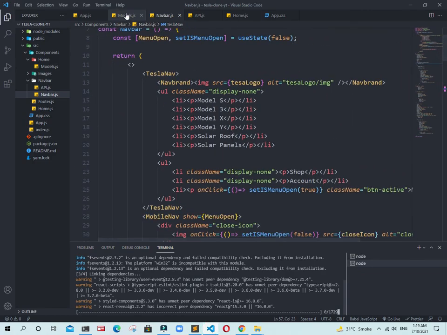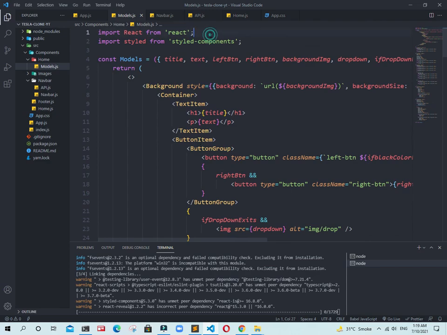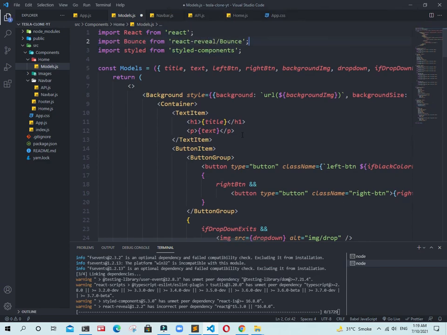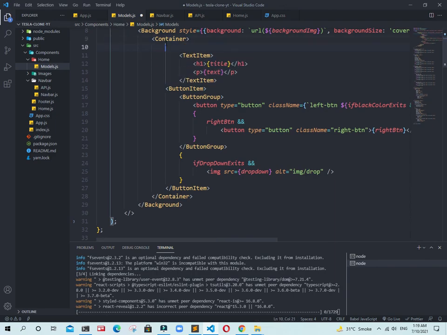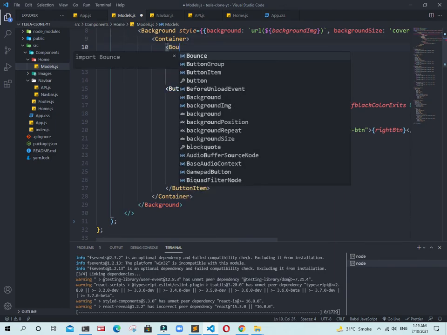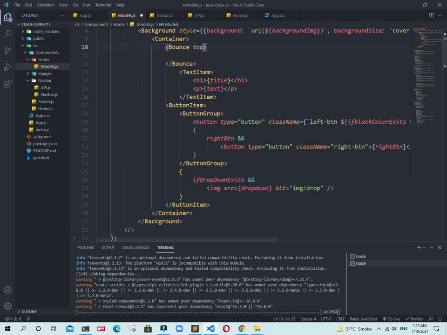Go to models.js, import it there, and after importing I am bouncing this item text from the top. I just type bounce there, and in this bounce I add one parameter, top.